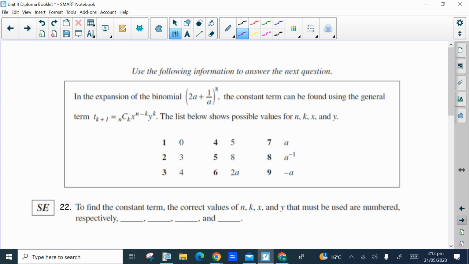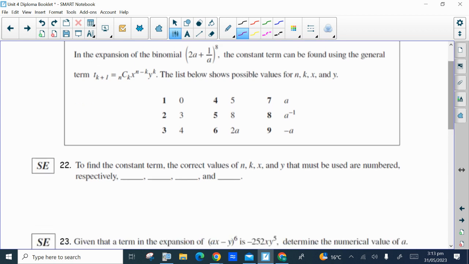In the expansion of that binomial, the constant term can be found using the general term. The list below shows possible values for n, k, x, and y. To find the constant term, the correct values of n, k, x, and y that must be used are numbered respectively, or in other words, in that order. So the constant term will be the term where a is to the power 0. If we use our general term formula to start building this,